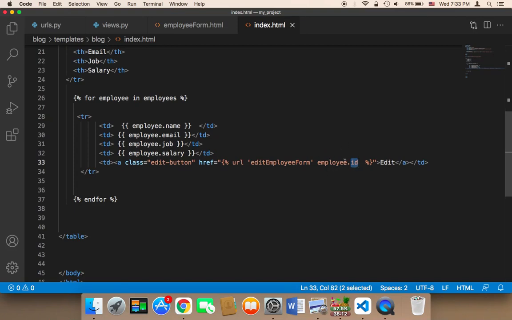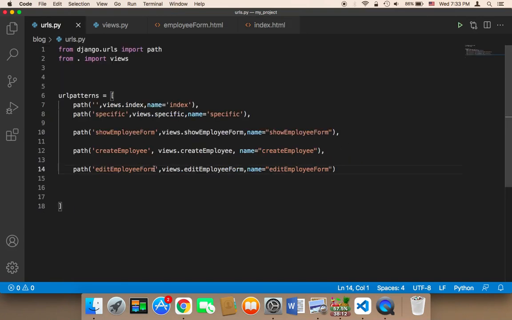In index.html, we need to pass the ID, and in the URLs we need to receive the ID. So in the URLs, I'm going to say here / and then int and then employee ID. I'm going to say employee_ID, and then I'm going to close this tag. I'm going to close the angular bracket, and then we need to work on the edit employee form function